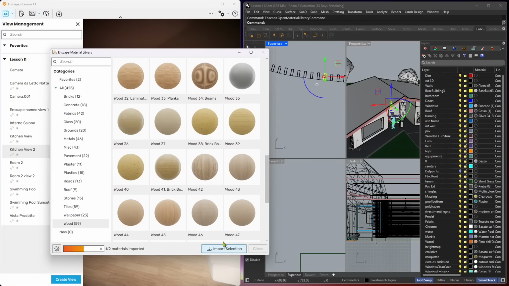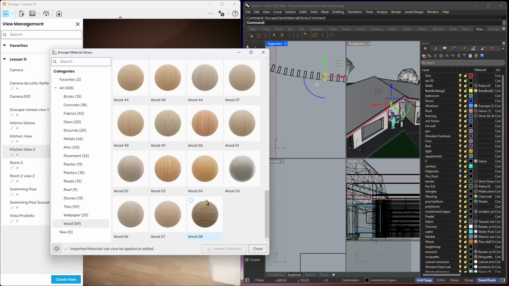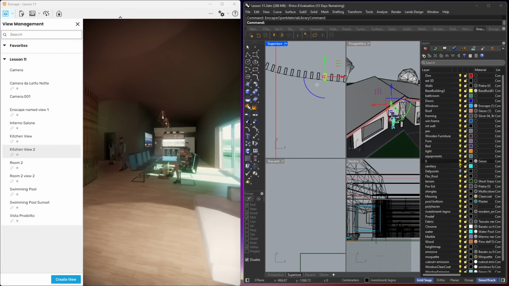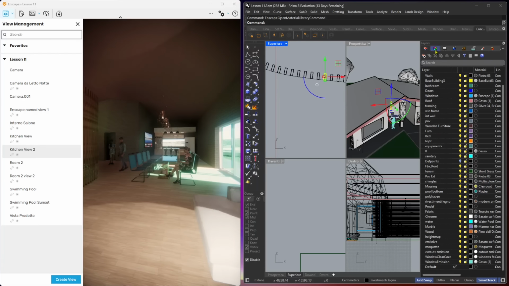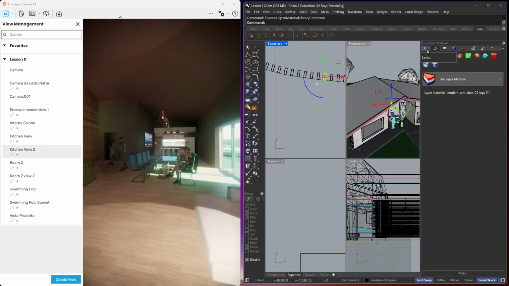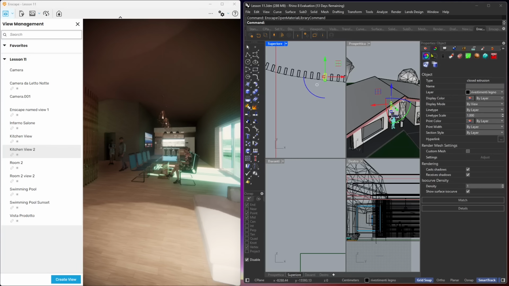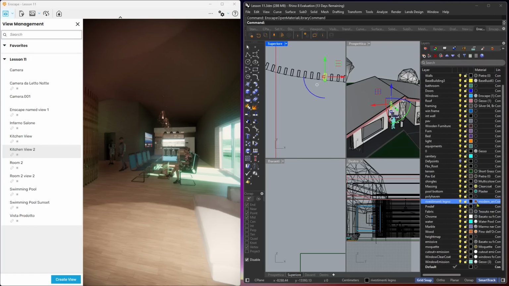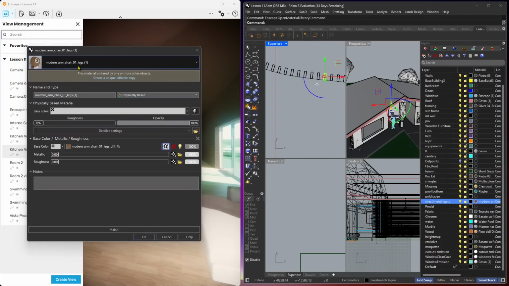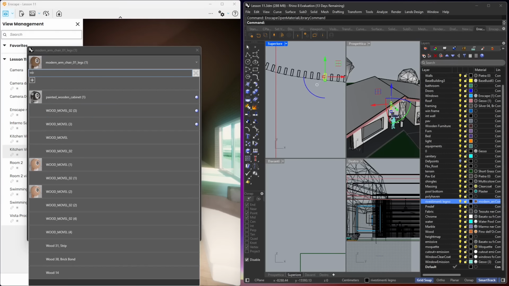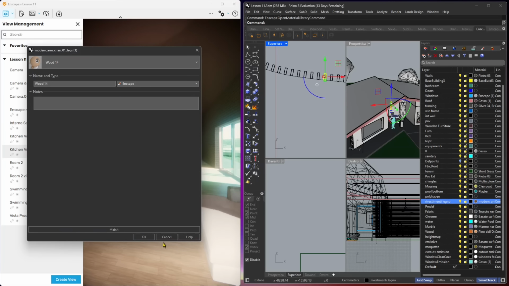So import selection, and or this one, okay, like wood 14, and then apply it to that layer, which is the, let me see, okay, this one here. Okay, I'm going to change it and apply the last wood I've just downloaded, so wood 14,